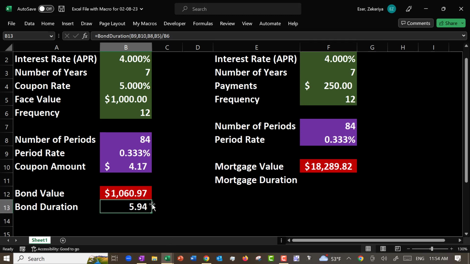Or alternatively, I'm going to actually multiply this whole thing by